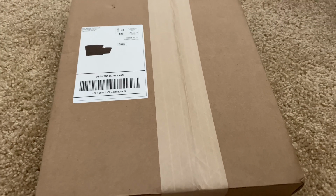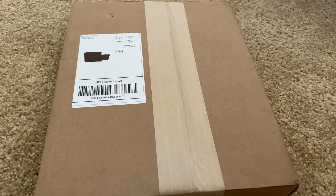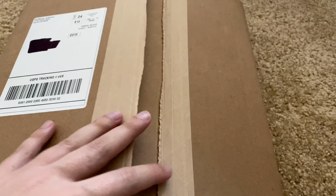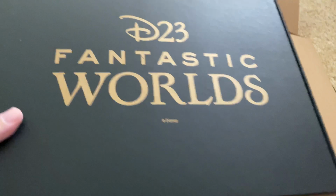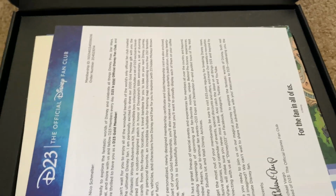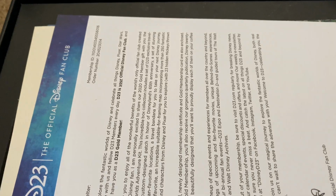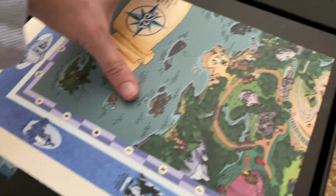This is the D23 box. I have to use scissors, so I'm not gonna show you me stabbing the box. Cut the box open. Now it's time to reveal the Fantastic Worlds. Oh, that's beautiful. Anything else in here? Nope. So it has a little welcome sign up there. A map